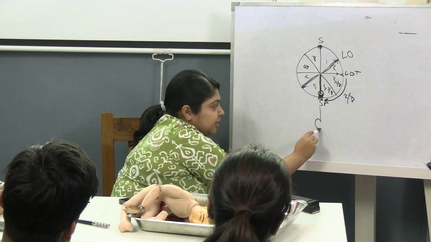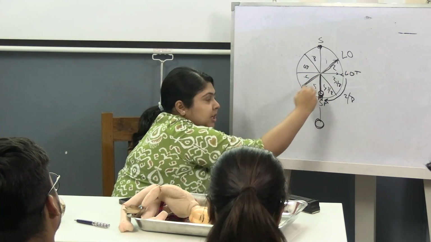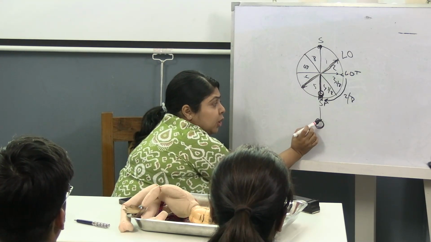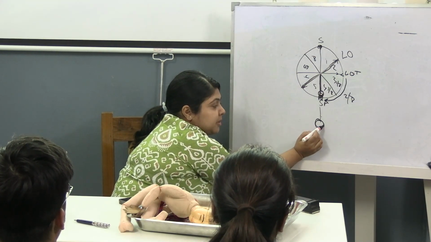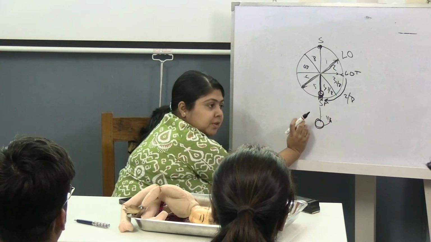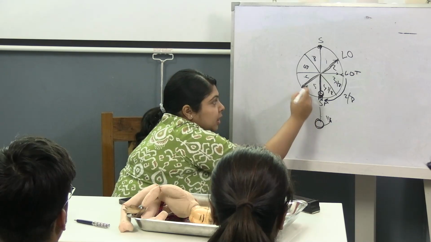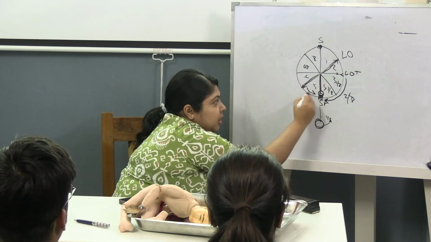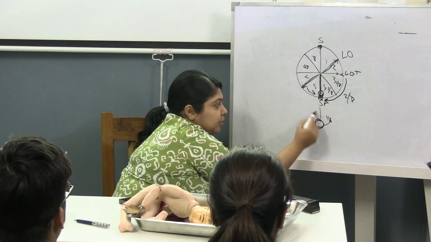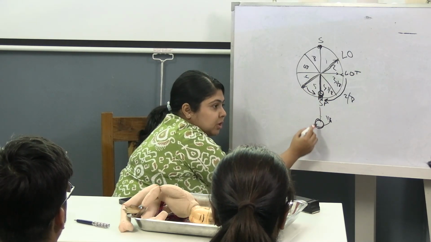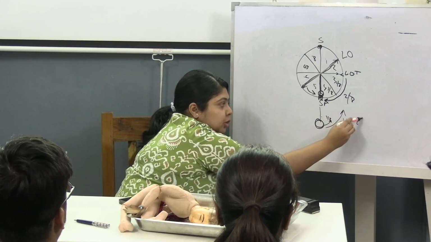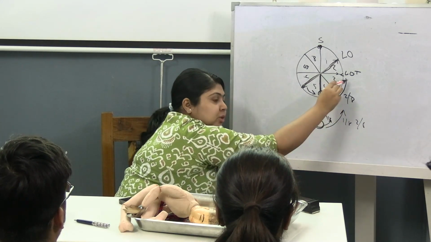Now the head gets delivered. Suppose this is the head, but the shoulders are still at the same position. The head has rotated 2/8. To relieve the torsion, what happens? The head rotates back by 1/8. This is known as the external rotation. Now the shoulders are coming back from the left oblique diameter to the anterior posterior diameter. So it will manifest as what? Restitution. The head will further go back by another 1/8. So total 2/8. So again it is going back to the same position.